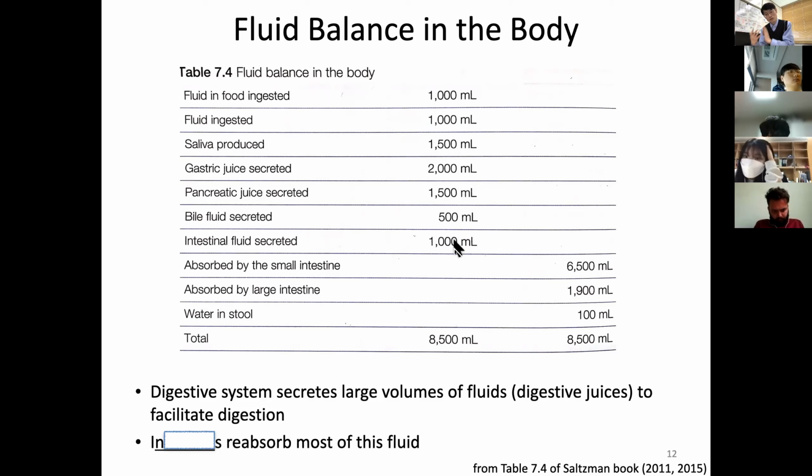Let's see how much is being absorbed. Your small intestine is an amazing organ that collects 6.5 liters. That's a huge amount of reabsorption. And of the remaining fluid, your large intestine absorbs almost 2 liters. And when you defecate, your stool contains about 100 milliliters. So you can do this plus and minus, and you'll see there is a homeostasis, about 8.5 liters and 8.5 liters. So what you realize is our digestive system secretes a large volume of fluid to facilitate digestion, and our intestines reabsorb